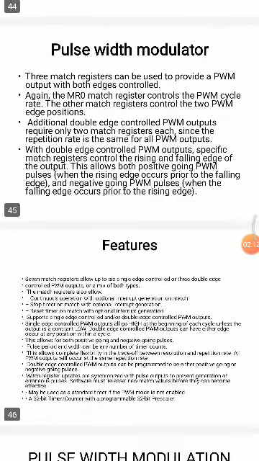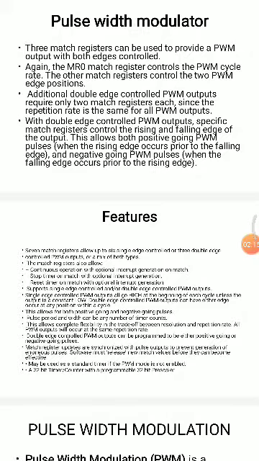So what are the features of pulse width modulation? There are the match registers, which allow continuous operation with optional interrupt generation on match, stop timer on match with optional interrupt generation, and reset timer on match with optional interrupt generation. This allows positive going and negative going pulses. The pulse period can be any number of timer counts. The double edge controlled pulse width modulation output can be programmed to be either positive or negative going pulses. There is a 32-bit timer or counter with a programmable 32-bit prescaler value.